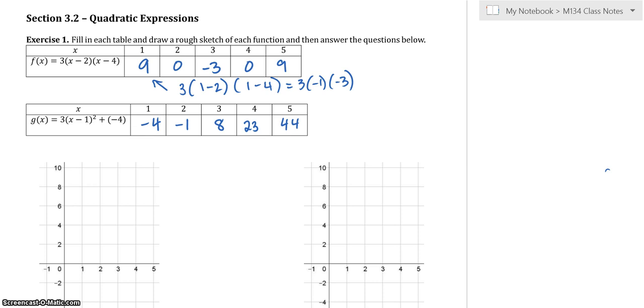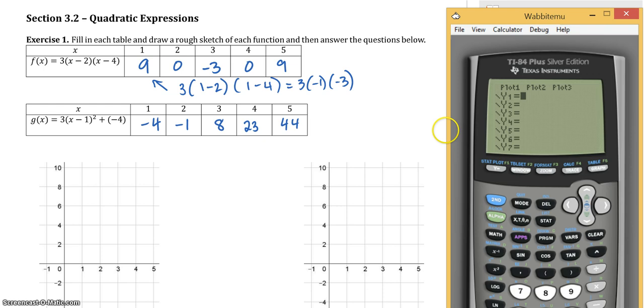But we can do these on the calculator. Let's try this on the calculator. What you can do is you can click on y equals, if you remember, and type in this function. So I'm going to type in a 3. I'm going to hit my parentheses, the x minus 2. So I'm going to hit the minus sign, a 2. In the parentheses again, and then x minus 4,